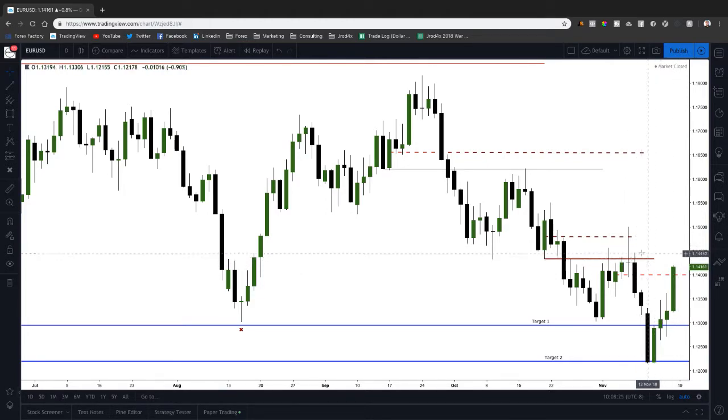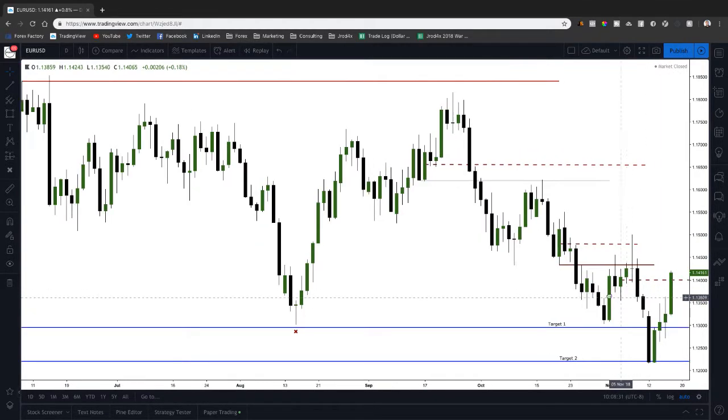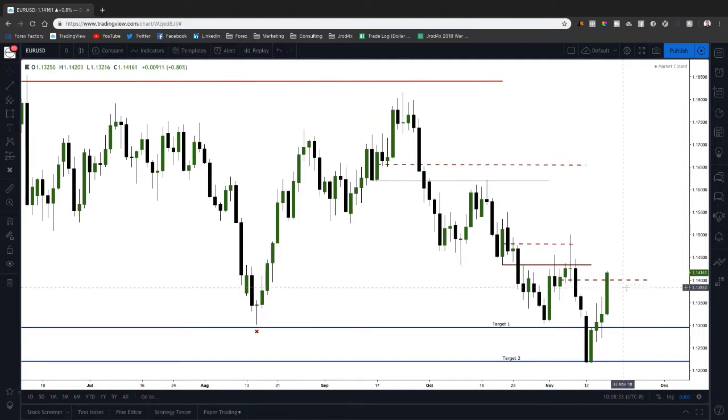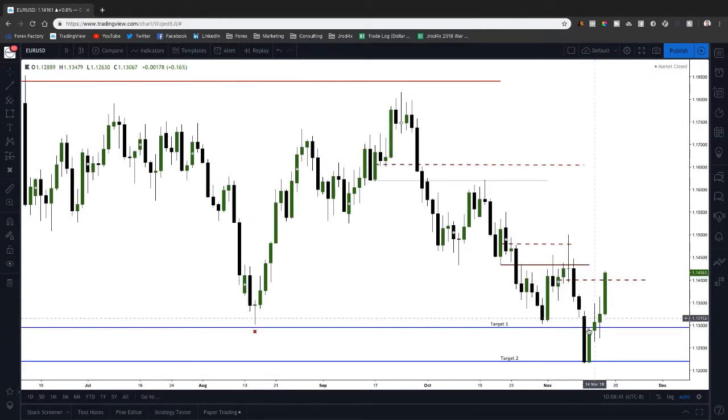So that's why I'm waiting for more information with dollar index, which will give me clarity on what this pair is doing here. Don't think that because I said dollar index could sit in a consolidation, this one won't either. We could see euro dollar sit in consolidation as well. But with the price action we've seen last week, and the fact that we're back above this 50% level at 1.14 big figure,